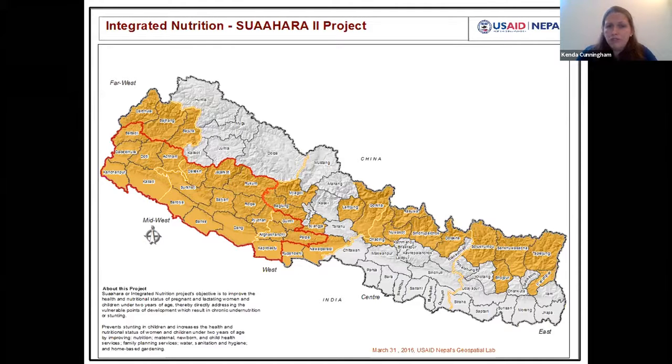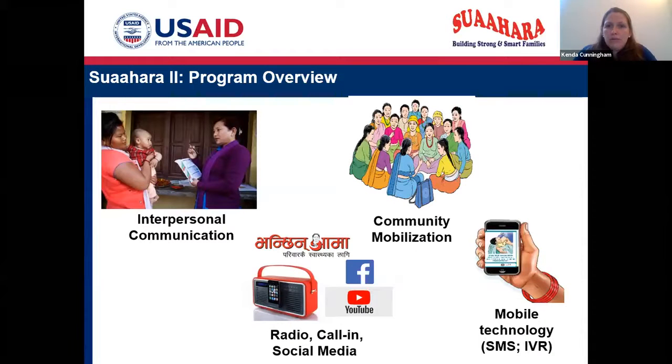So we reach about 2 million households that are in this period across the communities that you can see in the yellow area. As a program overview, we're mostly working on social behavior change initiatives. So there's interpersonal communication, where we have about 1,500 frontline workers around the country who are implementing via home visits to discuss health, family planning, WASH, agriculture, nutrition, gender and social inclusion, and other thematic areas that we work on with these households, because we know that the causes of malnutrition are multi-sectoral, and therefore